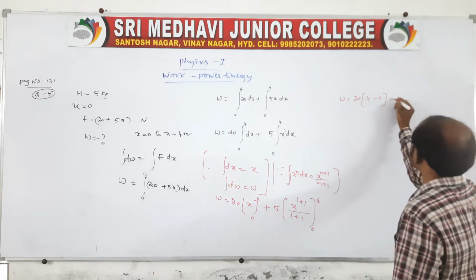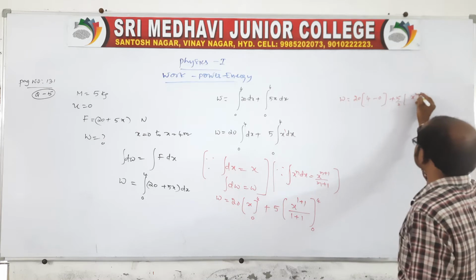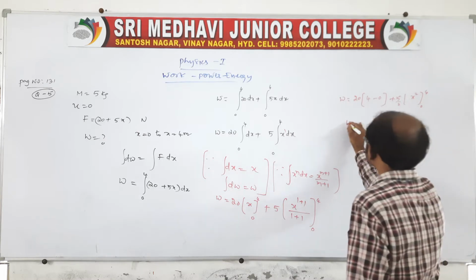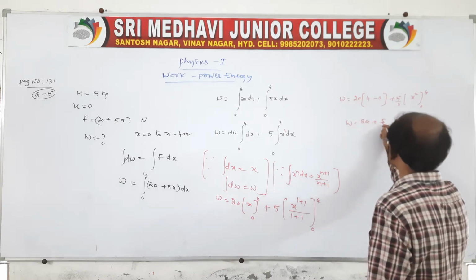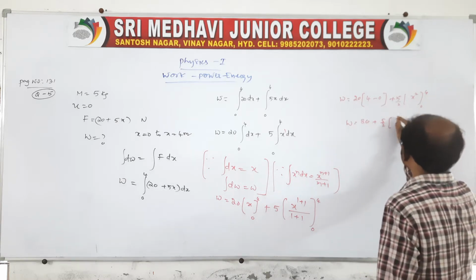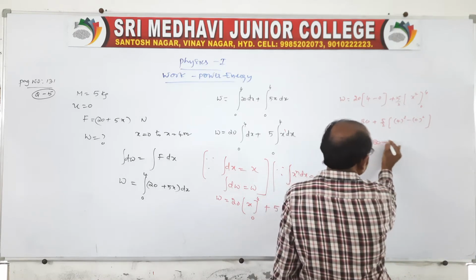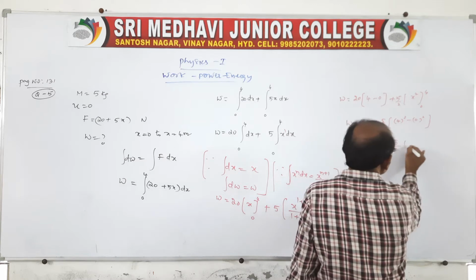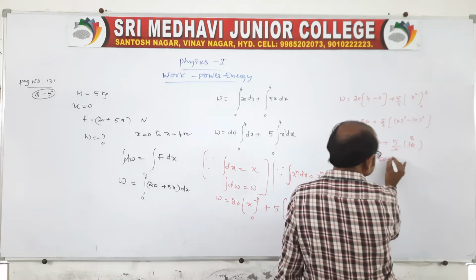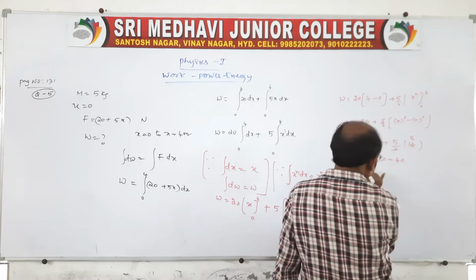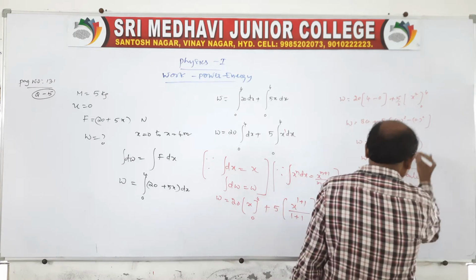Here also you take the same thing, plus 5 of, here 1 plus 1 is 2, no? You take by 2, x square from 0 to 4 again. So W is equal to 4 into 80, 5 by 2 you write here. 4 square upper limit minus 0 square is the lower limit. So 80 plus 5 by 2 into 16, 2 ones, 2 8s. So W is equal to 80 plus 5 8s are 40. See, work done is equal to 120 joules. This will be the work done.